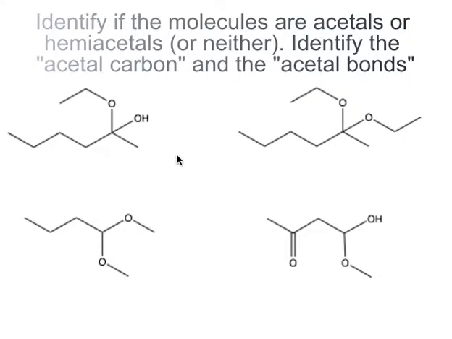or neither. Remember, an acetal has a carbon that is attached to two OR groups, while a hemiacetal has a carbon that is attached to an OR and an OH. What we see here is a carbon chain, and now we look at this carbon right here. This carbon right here also continues to a carbon on the carbon chain, but it's also attached to an OH and to an O that has a carbon chain, so this would be your OR. That means that this molecule is a hemiacetal,